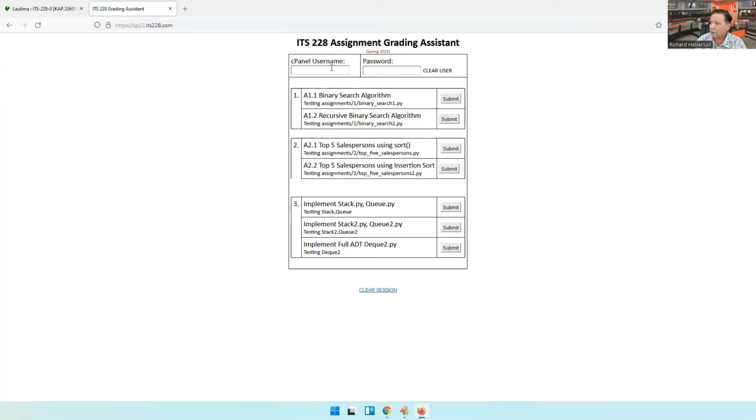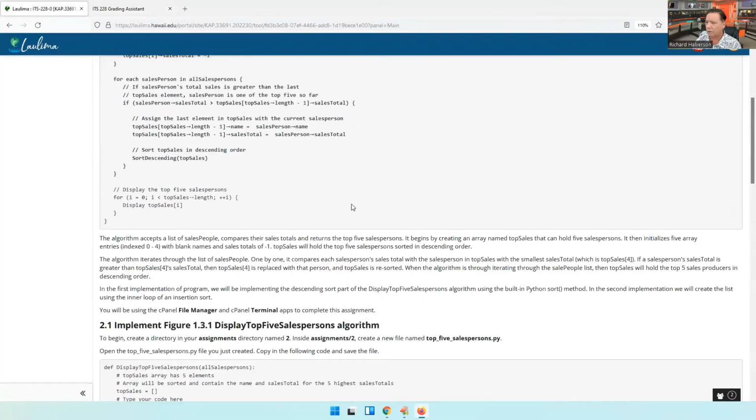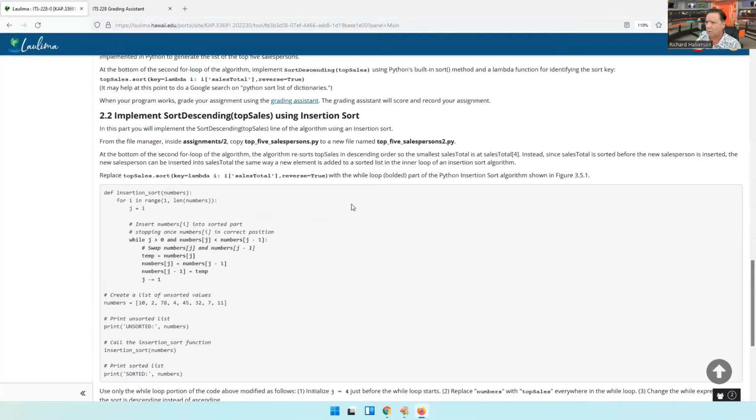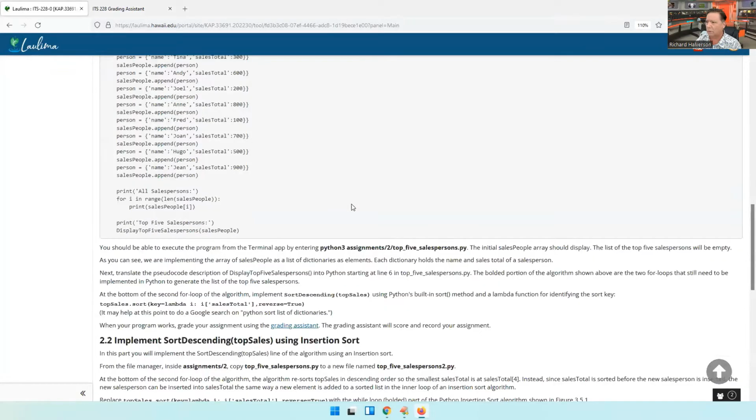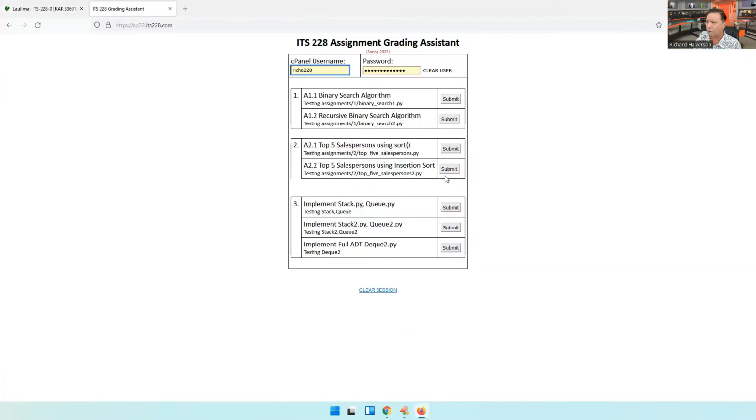If I put in my username and password and click on the auto grader for number 2 here, well, that looks like that. Shouldn't there be more than, there's a part 3, isn't there? Oh no, just a part 1 and a part 2. Okay, so anyway, if I click on the first one,